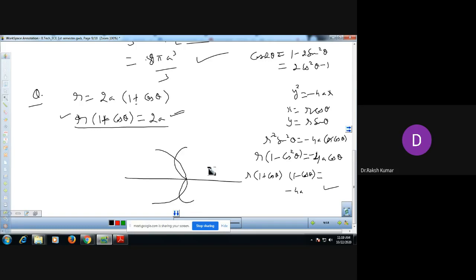This will be like this. Please use a pencil while you are drawing these figures so that you can alter the figure whenever it is required. So this is your left cardioid. The shape is not in a good position, but you try with the pencil in your notebook so that you can plot it in a good way. This is the initial line, and this point is A, and this point you can name.